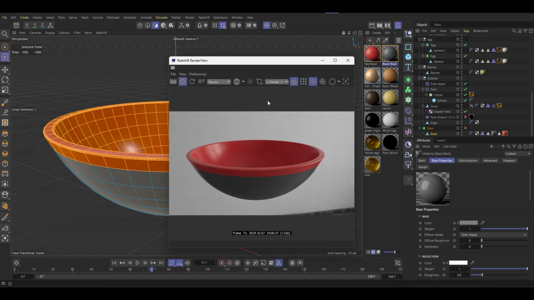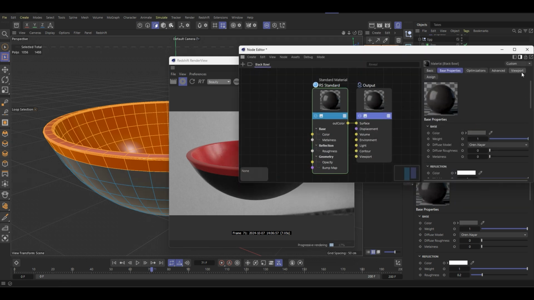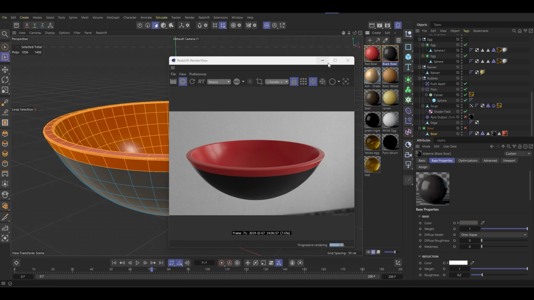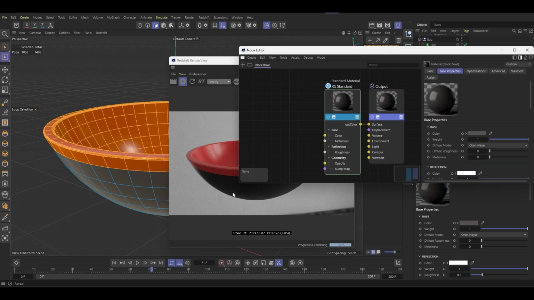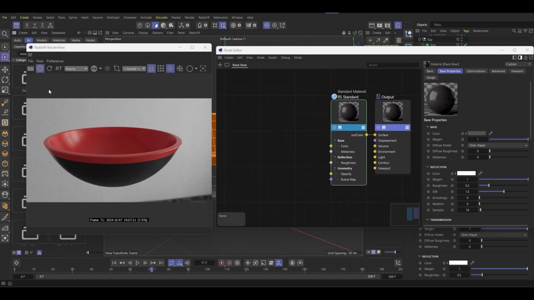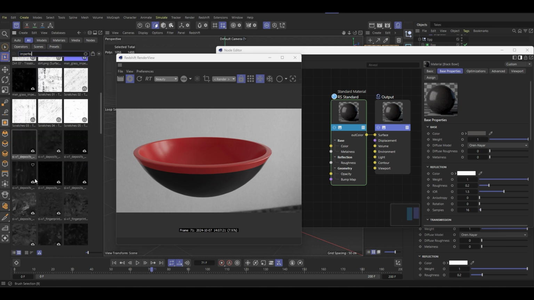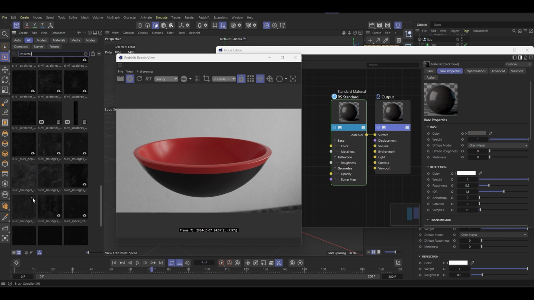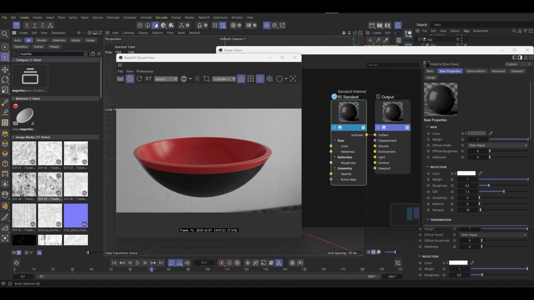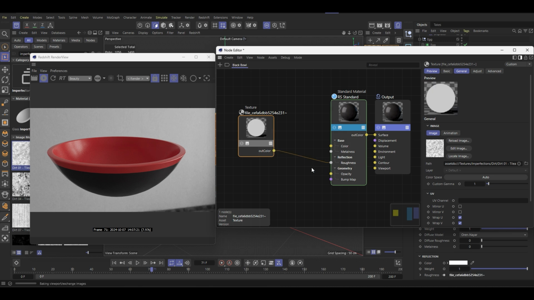Okay, and for the black color we're just going to select something like that. Yeah, and we're going to add some imperfection on this one also. Imperfection, maybe some dirt like this. Yeah,